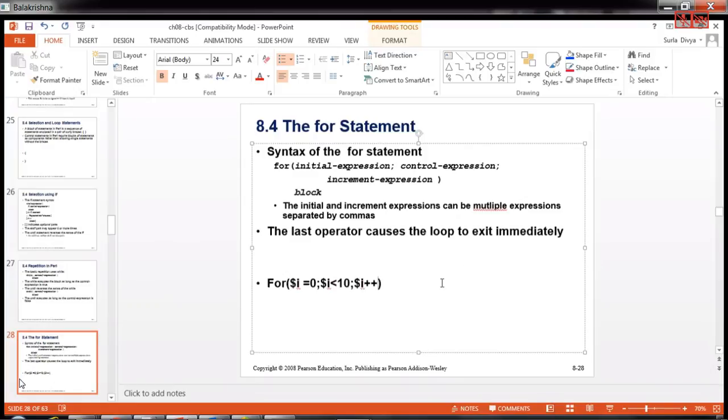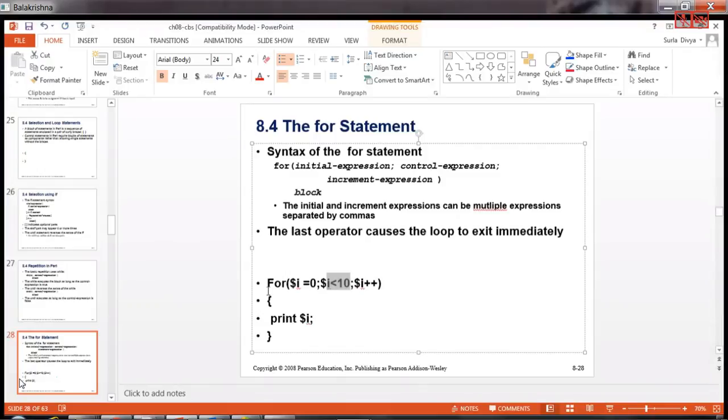I can do this. Now as long as this for loop is true, I mean executing fine, what will happen is I can have a block of code here. So what is my block of code? Maybe I want to print $i. So this way, for this scalar variable, $i is equal to 0 until it is less than 10, which is a